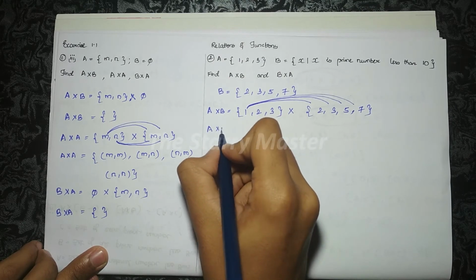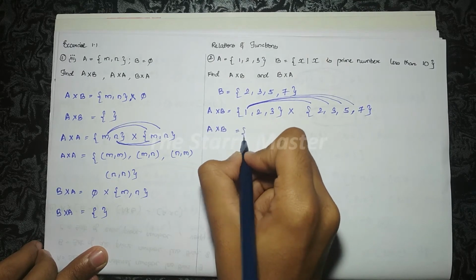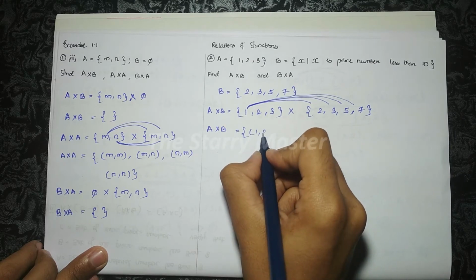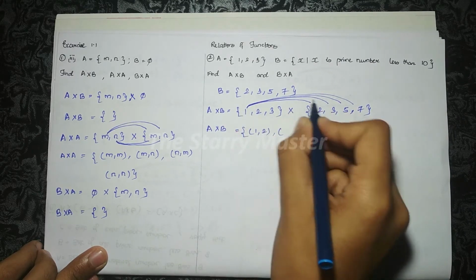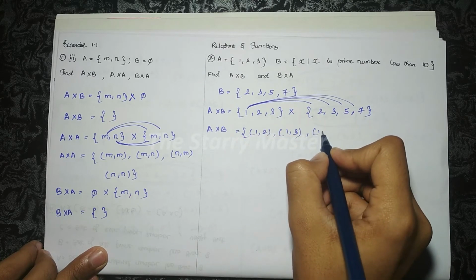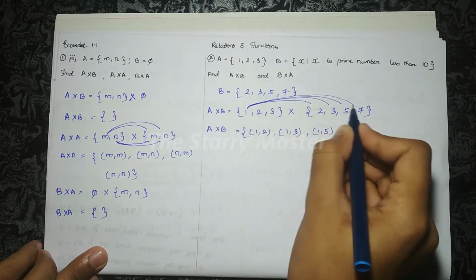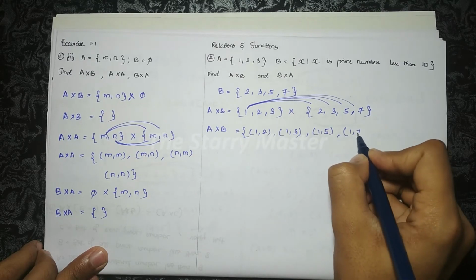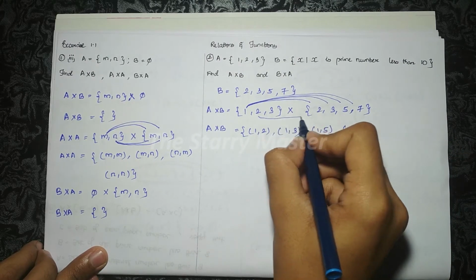A cross B is equal to (1, 2), then (1, 3), then (1, 5), then (1, 7), then (2, 2),